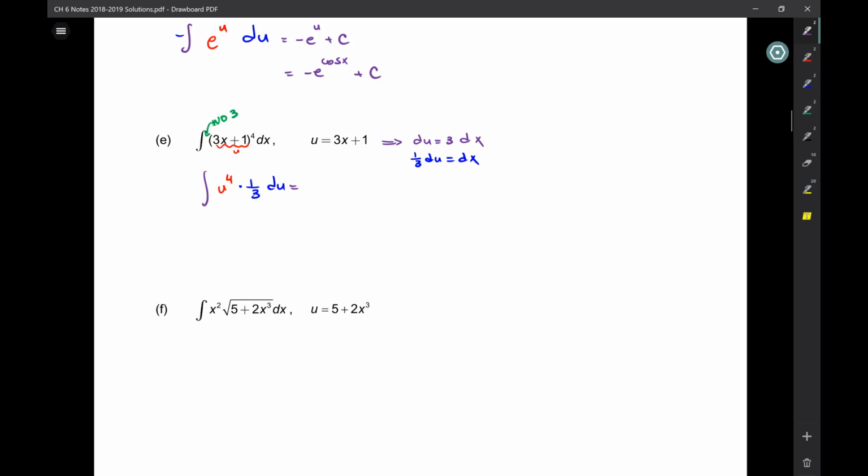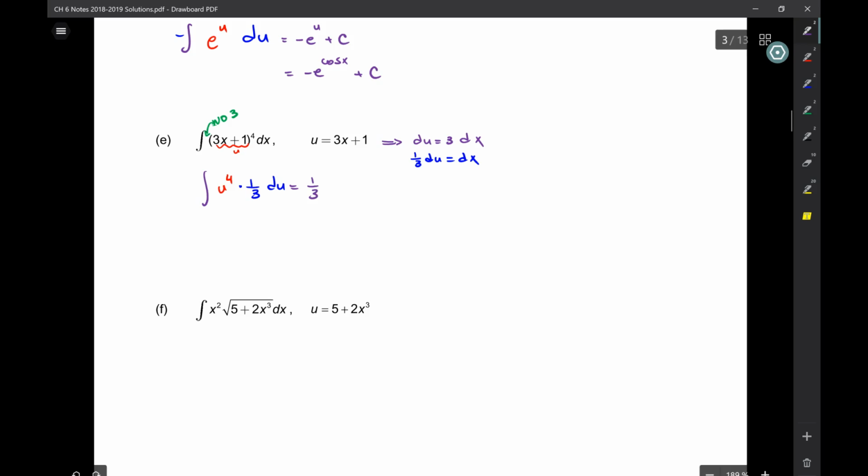Right? So I need to solve this. Because you took the derivative of 3x plus 1, right, which is 3. Which is 3 dx. But here I only have dx to substitute, not 3 dx. So I need to get this alone. Okay? All right. So now,